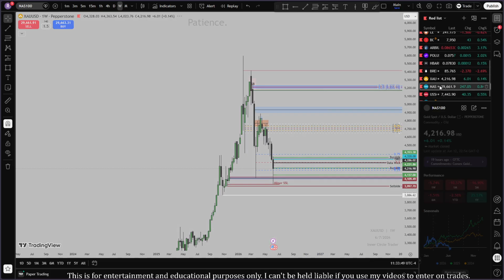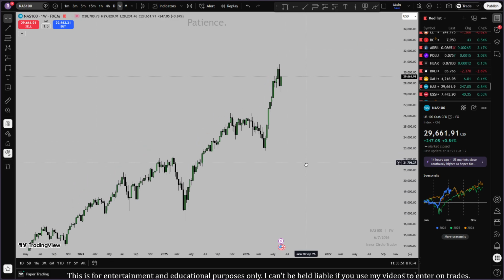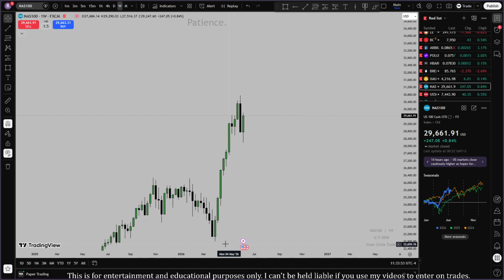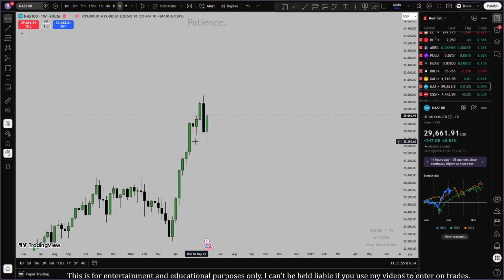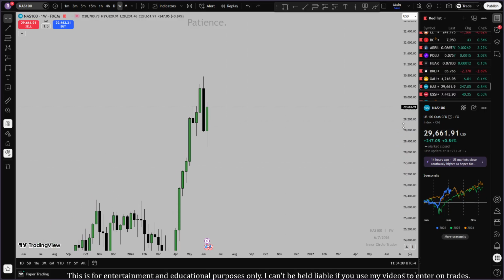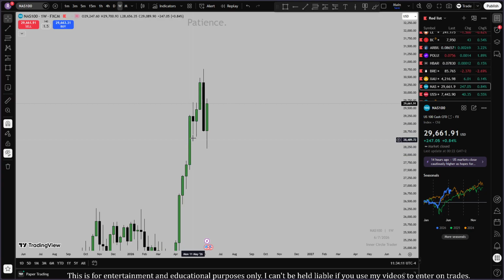And then let's quickly go to NAS. I'll take off my markings because it is a lot. So on the weekly, we see we ran up, right? And then we had that massive drop down, the massive daily candle that was, I think, 1,600 handles in total, which was crazy. We tapped into this fair value gap, but I'm feeling like, guys,